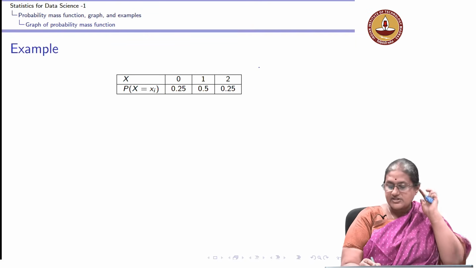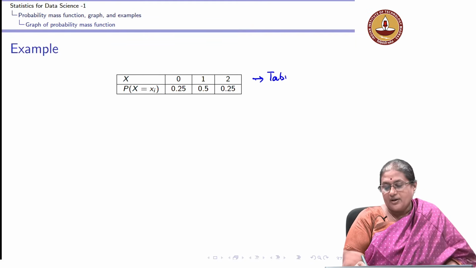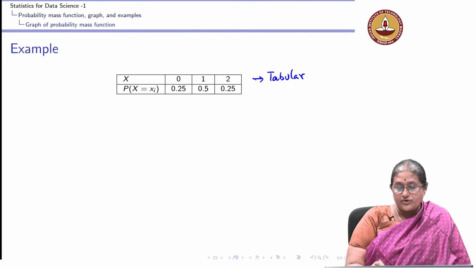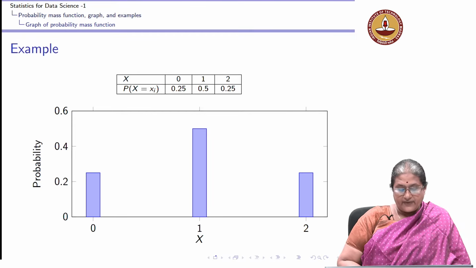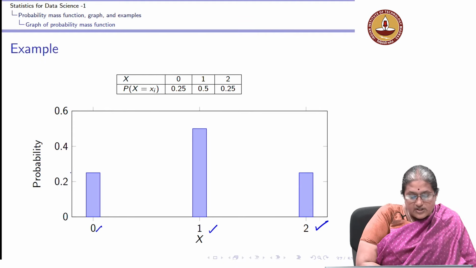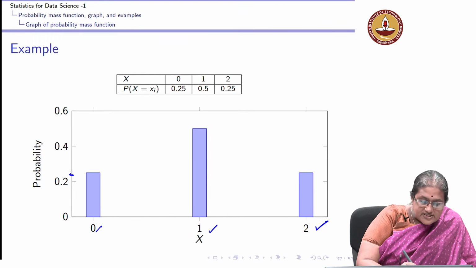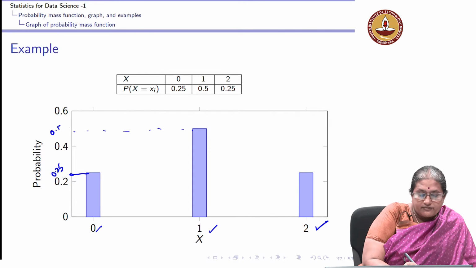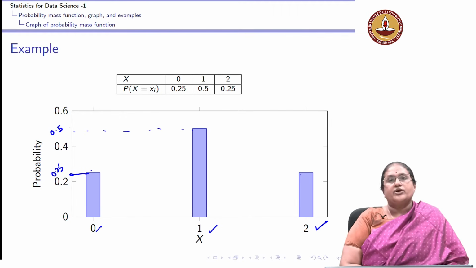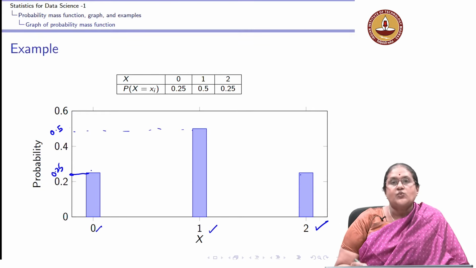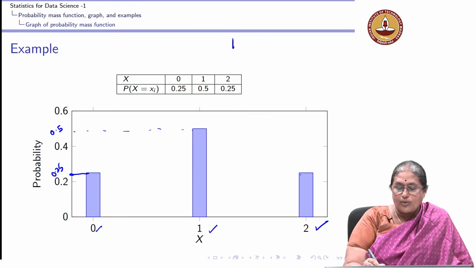So, I have, this is the tabular form of my probability mass function. I have x equal to 0 is 0.25, 0.5 and 0.25. So, x takes the value 0, 1 and 2. This would be 0.25. So, this corresponds to 0.25. This height corresponds to 0.5. This is again corresponding to 0.25. Okay. So, this is what we refer to as the probability